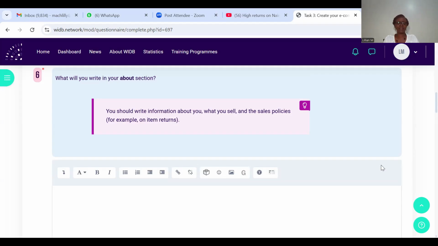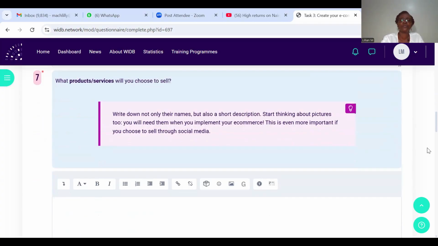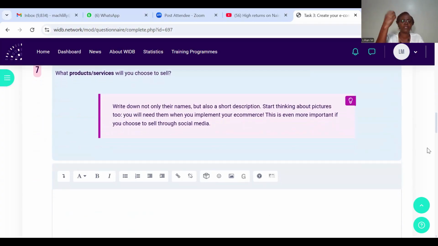So that by the time the customer is engaging with you, they've already seen that. So they're not asking you, so why do you want me to pay now? You've already communicated that information to them. And then if you have a return policy or refund policy, when do you refund? When do you accept things to be brought back to you?